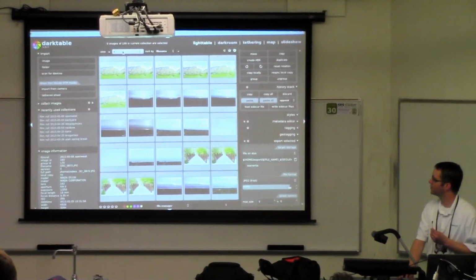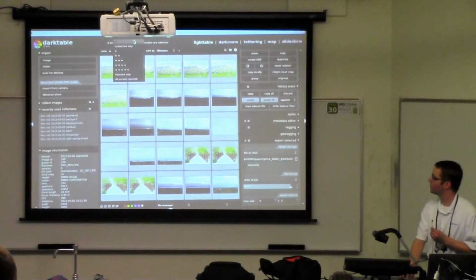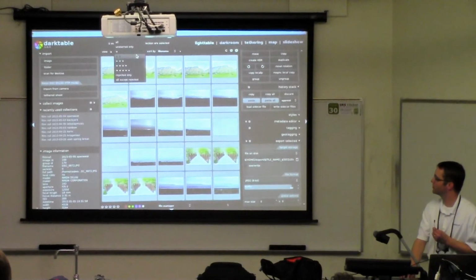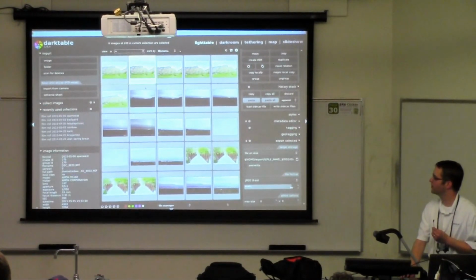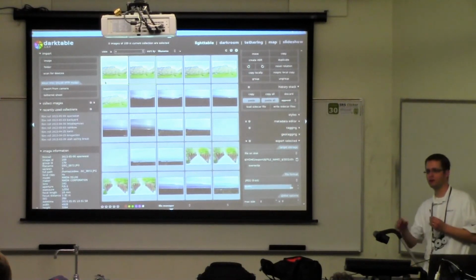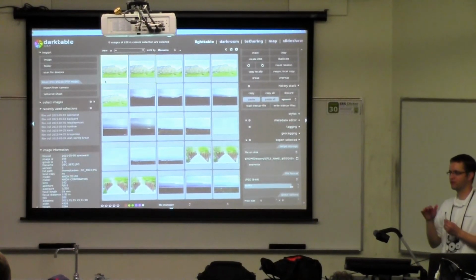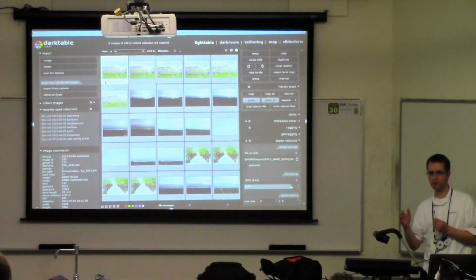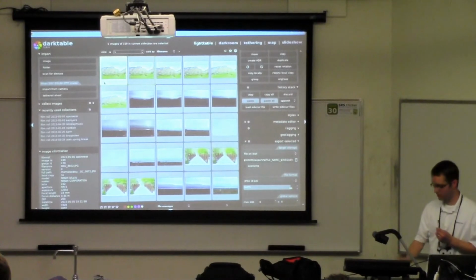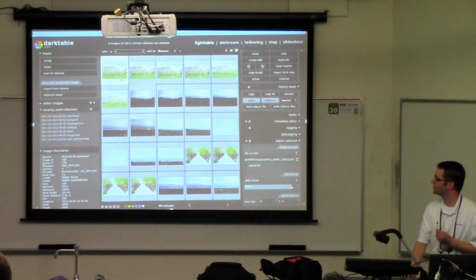Using our filters up here, we can filter based on whatever we've set on these pictures. So we can give each picture a rating. If you highlight over them, you'll see that there's an X here. This is to reject an image. I usually do a quick scan through and find anything that's ended up being blurry or totally blown out, whatever just doesn't look great, and I just hit reject on those. So